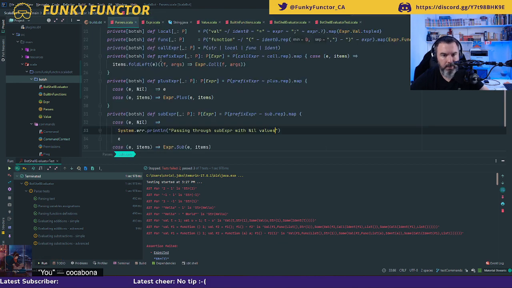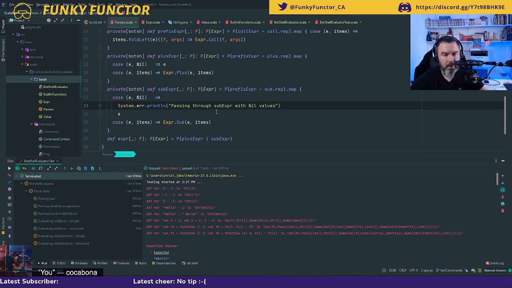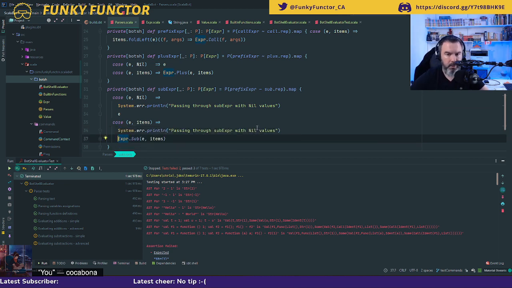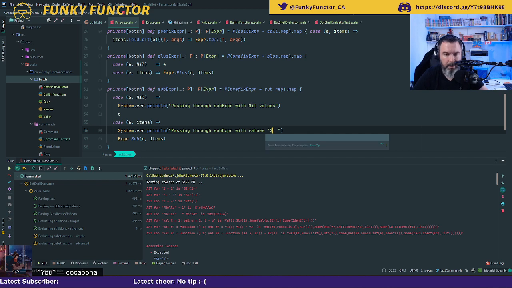Okay, so let's go back to my parsers. So here I'm gonna do the other one and do that. And so not with nil values, with values. I don't really care. Well, let's still display them. Items.